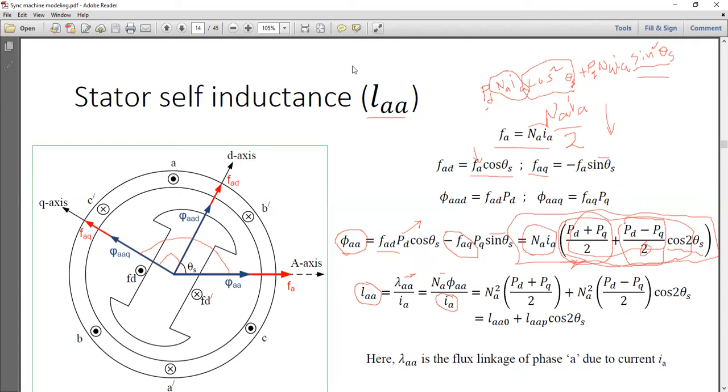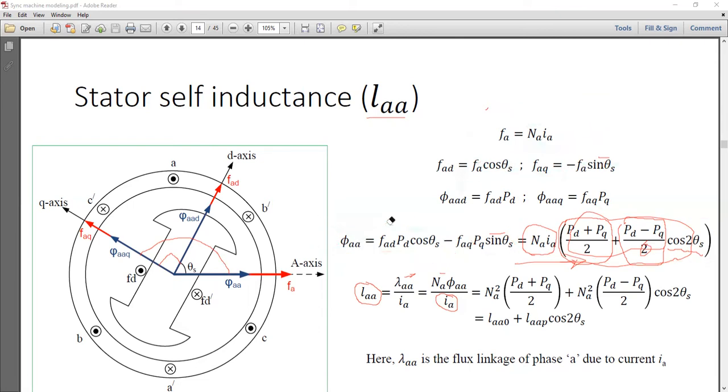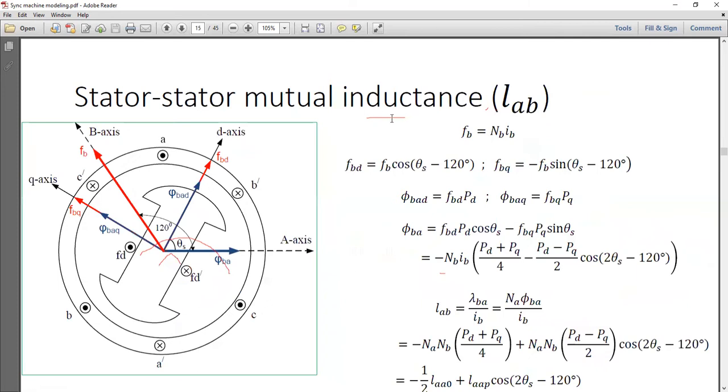Any confusion? If you just do it once by yourself, then hopefully any confusion will be cleared. There are some component calculations, and sometimes we go from here to there and then come back from there to here. That is a little tricky part. Other than that, it is very simple.